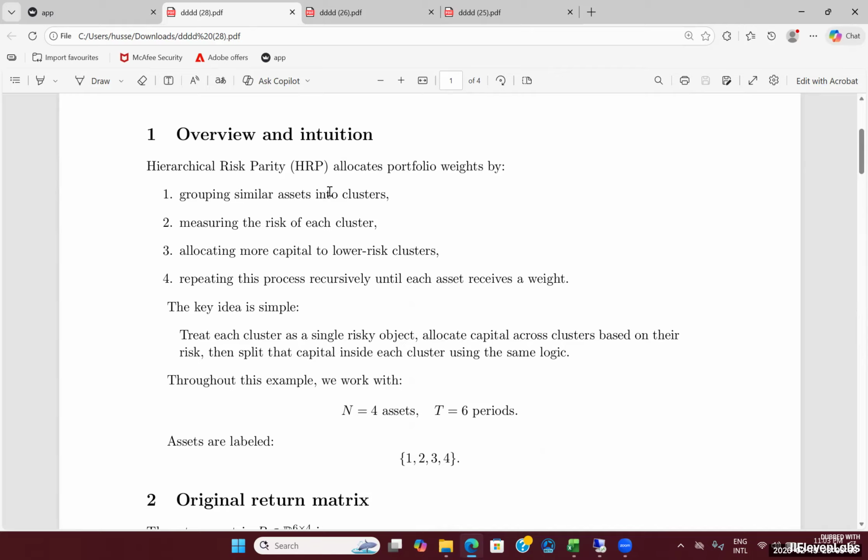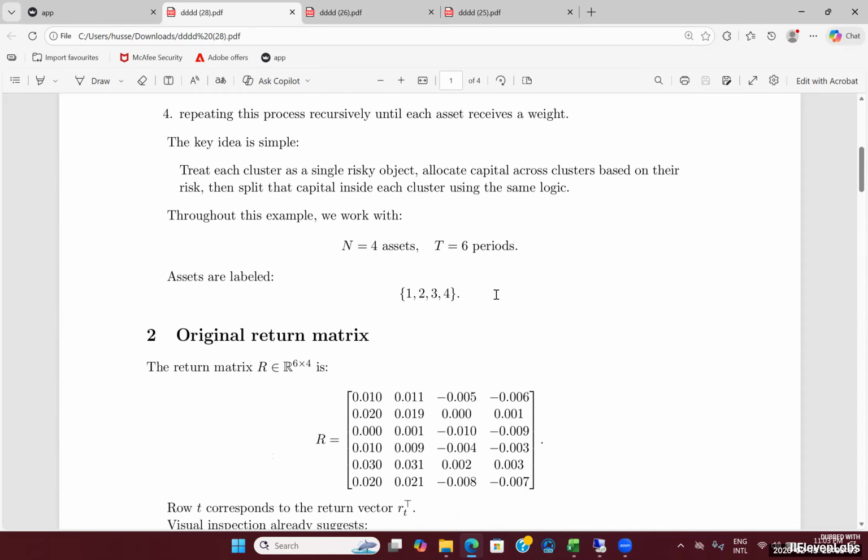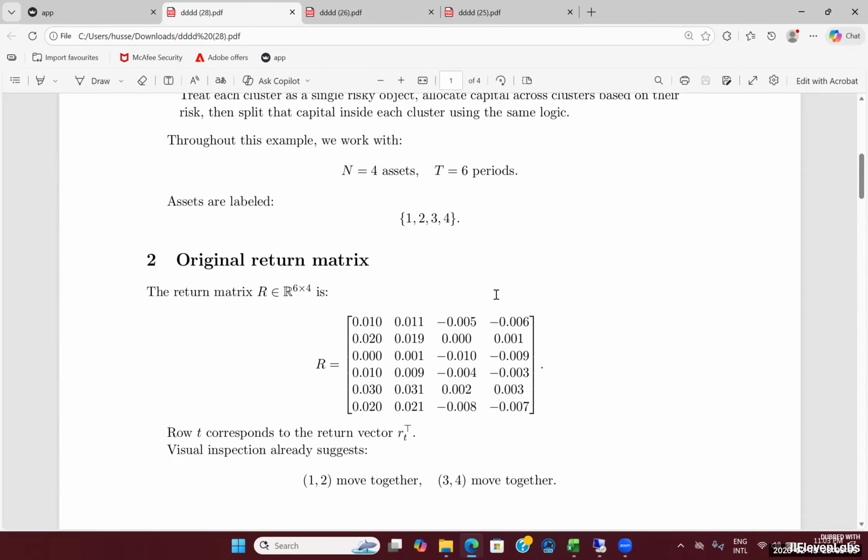So, the initial step involves grouping similar assets into distinct clusters. Then, we must assess the risk profile of every single cluster. We're allocating more capital to a lower risk cluster, and we'll continue this process until every single asset has been assigned a specific weight. To illustrate this concept clearly, the most effective approach is to begin by examining a practical example. For our demonstration, let's assume we're working with a scenario where we have 4 distinct assets and a time frame spanning 6 periods. So here we have